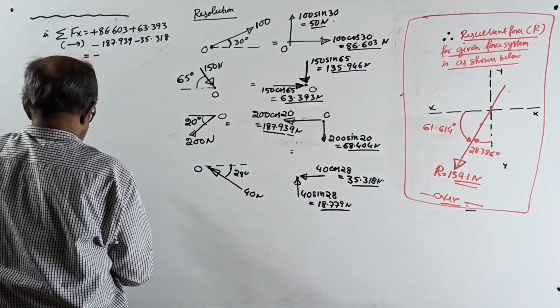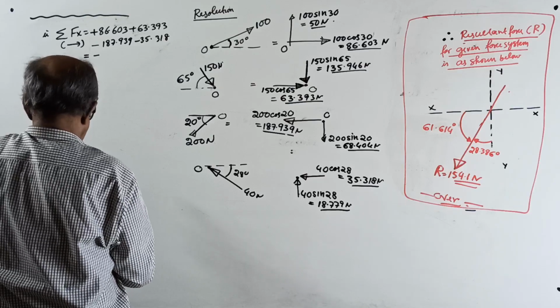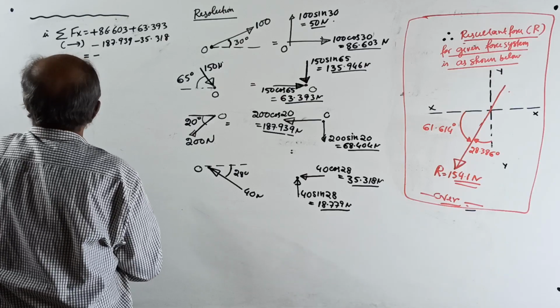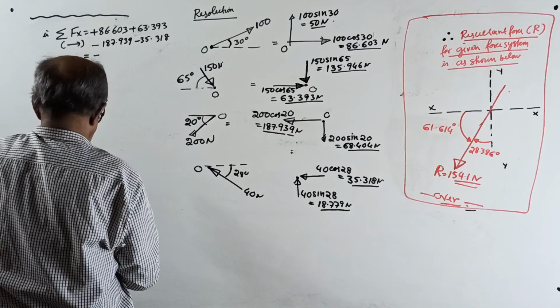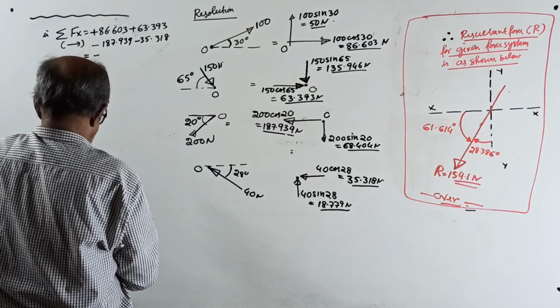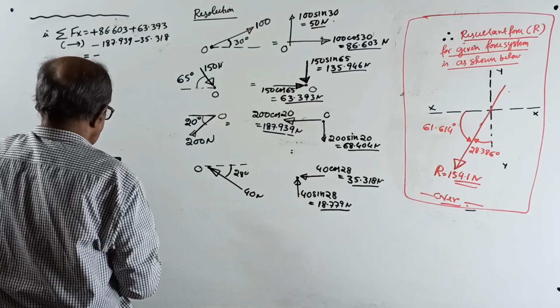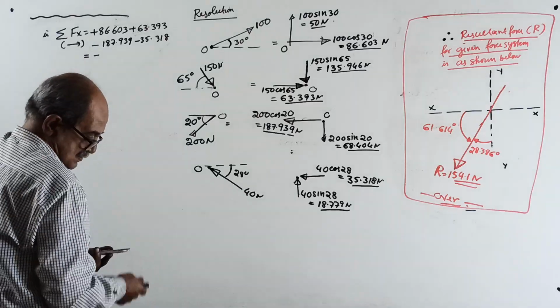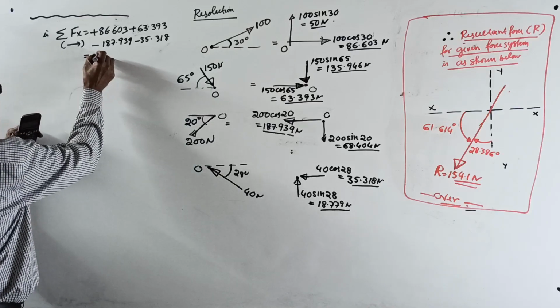86.603 plus 63.393 minus 0.939 minus 35.318 equal to minus 73.261. I am calculating very slowly. Why? I do not want a mistake. Right. Minus